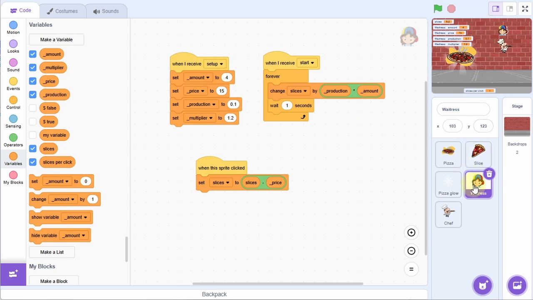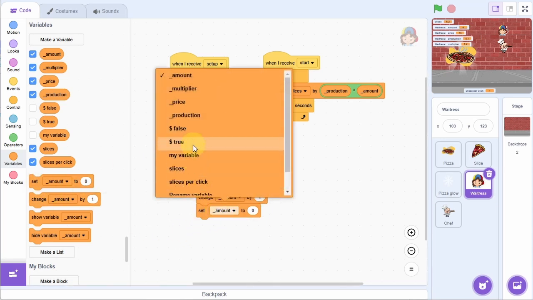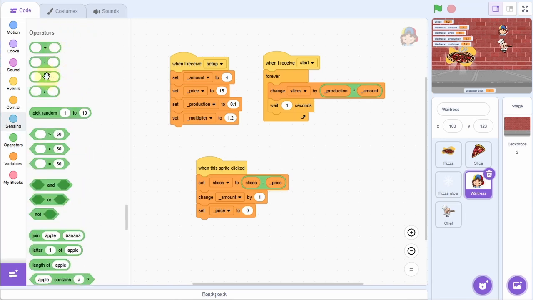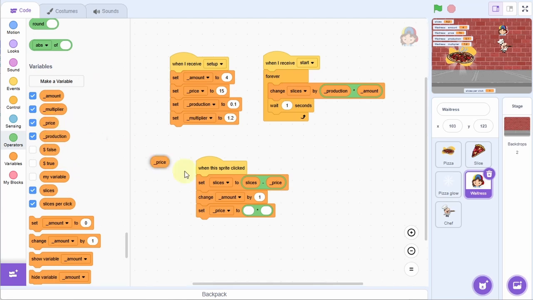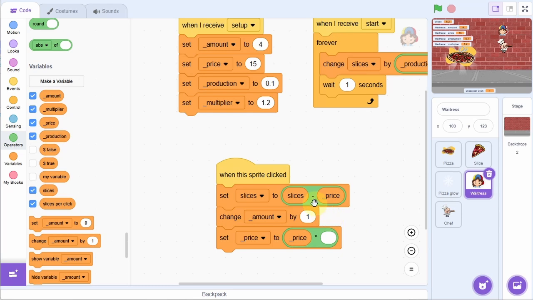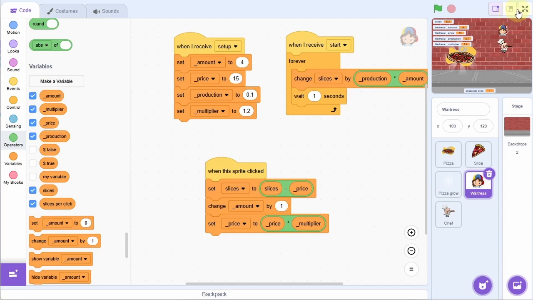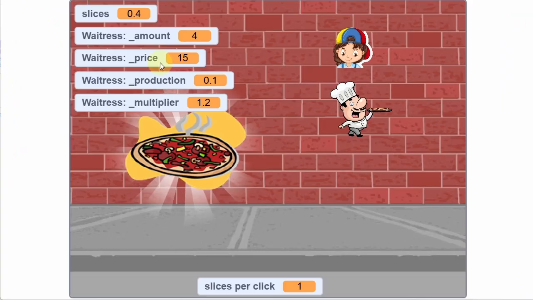Now I'm going to increase the amount of waitresses by 1, and that should be easy. Just change amount by 1. And finally, I want to change the price of the next waitress. So I'm going to set price to, and we want to take the current price and multiply it by the multiplier. So we're going to take price multiplied, this is a multiplication here, and there's a minus up here, multiplier, like this. And now if I start the game, I have 0.8 slices, which is not enough to do anything,